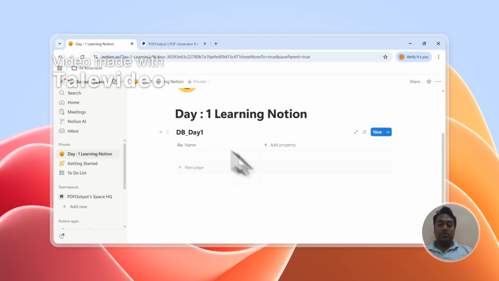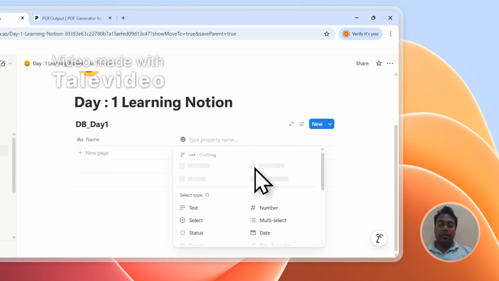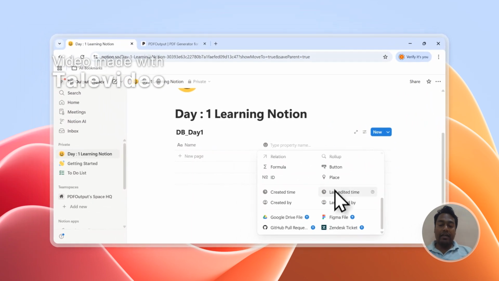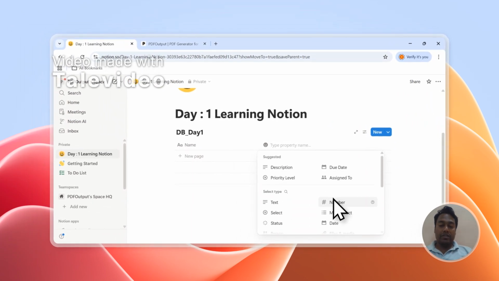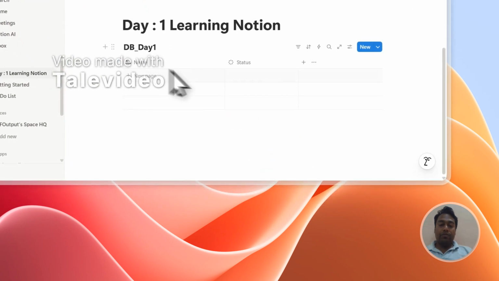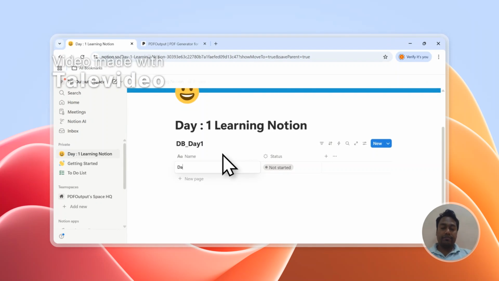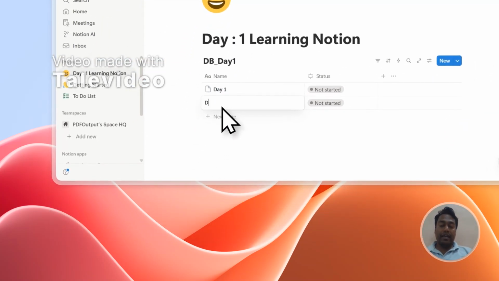There are certain properties which you can add in the database. If you click on add property, it will show you all the different types of properties that you can add if you want to start using the database. So let me put a status property over here, and we have two properties available. And if I click on new page, it now allows me to enter any information over here where I can add details to the properties. So let's say this is day one,